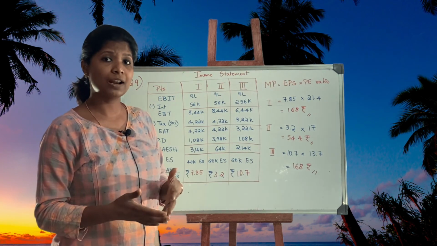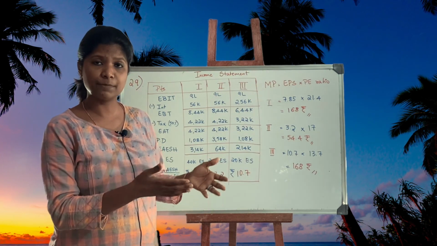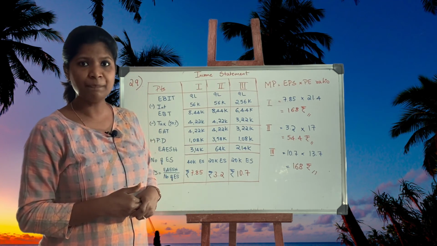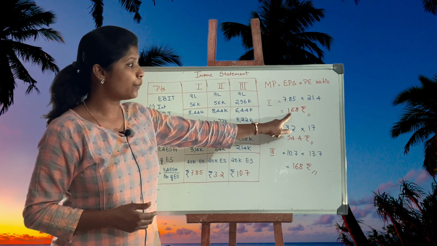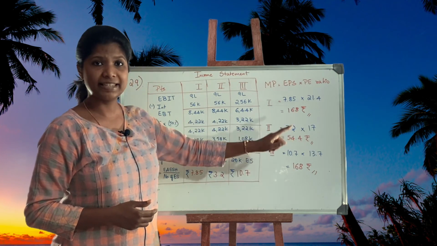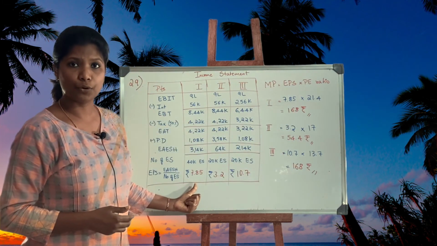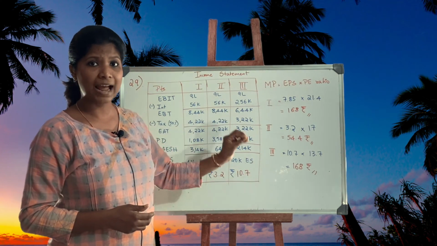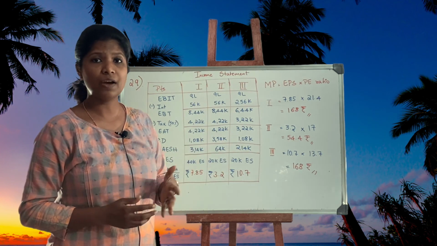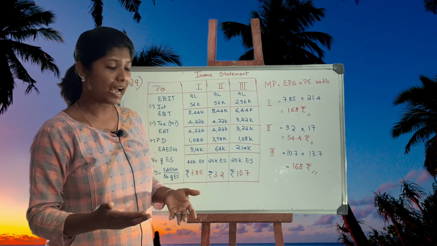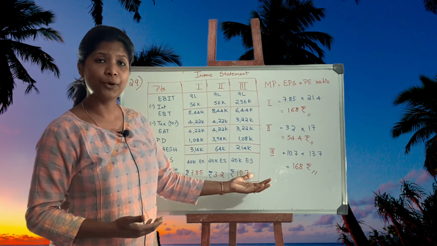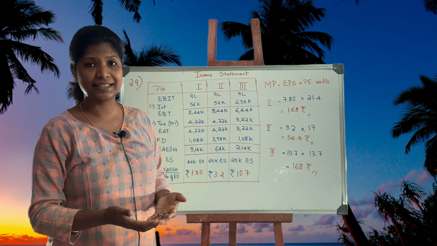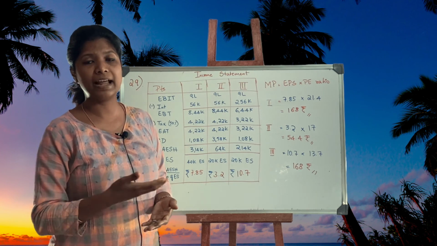So we need to make sure our market price is also highest in terms of the industry, and also my owners are getting the maximum benefit. If I go for plan 1, because anyway it's the same price, my earnings are going to drop. Okay, so the conclusion of this problem is plan 3 is the best. You have to write a conclusion: as EPS is highest under plan 3, that is 10.7 compared to the other plans, it is suggested the company should raise its needed capital using plan number 3.